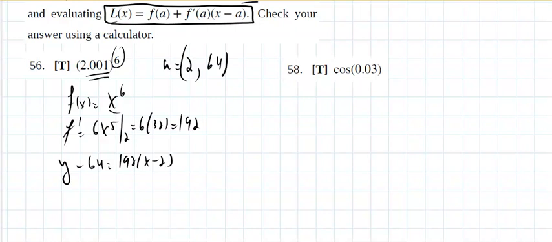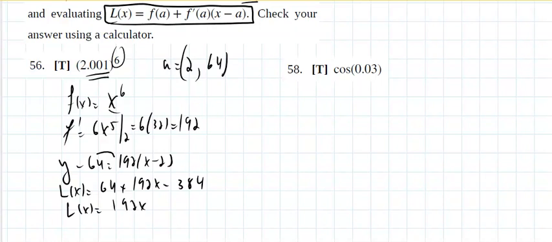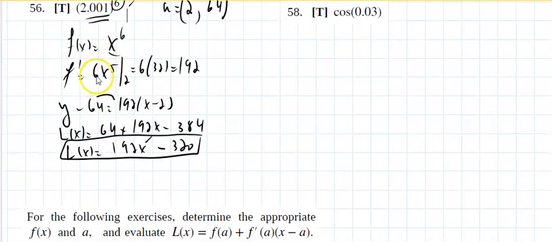into x minus x1. I could say the linear approximation is simply 64 plus 192 times x minus 2. Of course, use a calculator for all of this. And that would be 192x minus 320. So I claim around 2, you could use this instead of that. Now, if I want to take